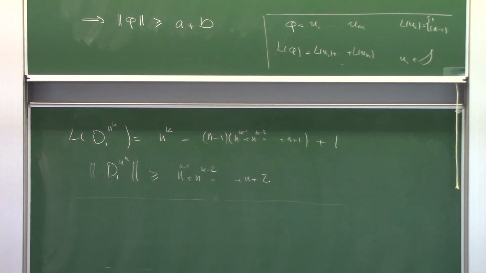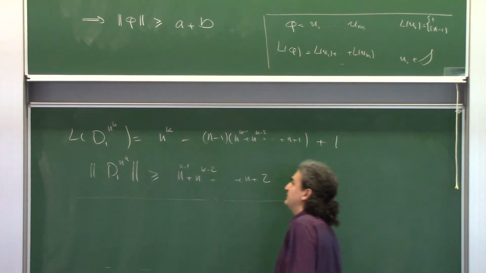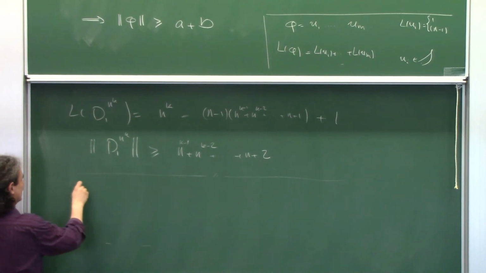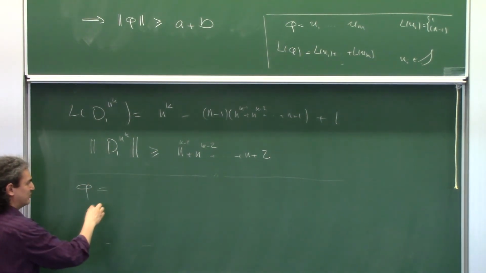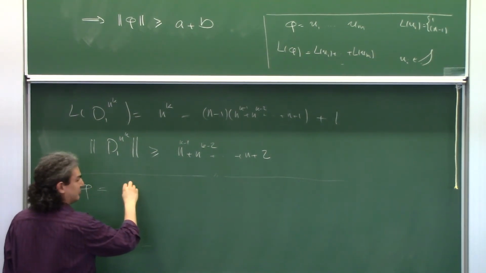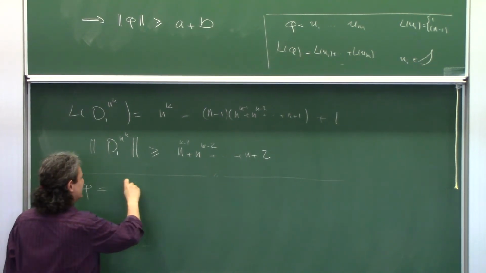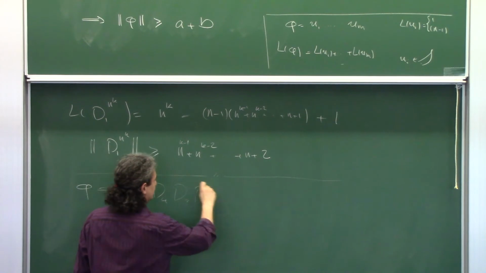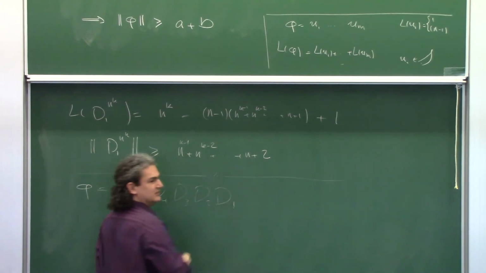Let's pick, what do we need? We need a pseudo-Anosov element, we need WKs, and we need RKs. We don't have so much time, so let's do that. The pseudo-Anosov, that's the easy one. I picked the pseudo-Anosov to be the product of the Dehn twists that I have. Those to be symmetric: D5, D4, D3, D2, D1.